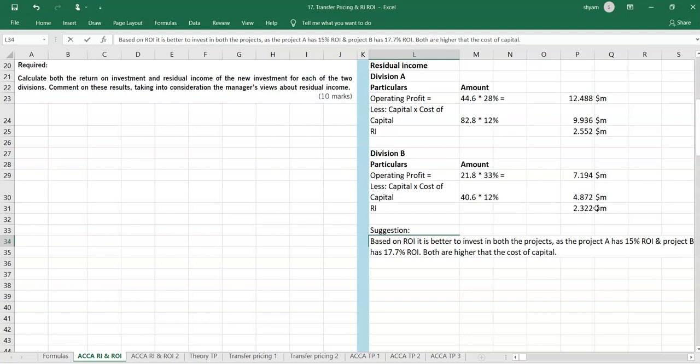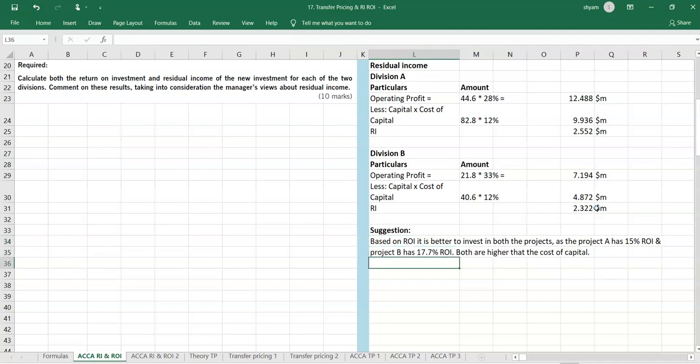That's how we have to consider it. We have to consider whether they are higher than the cost of capital or not, and both seem to be good. But in terms of RI,